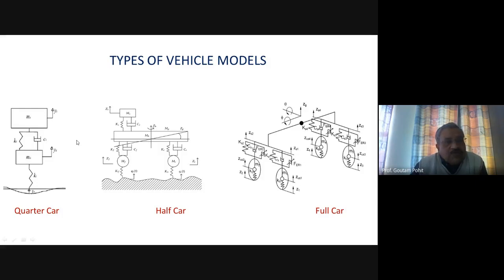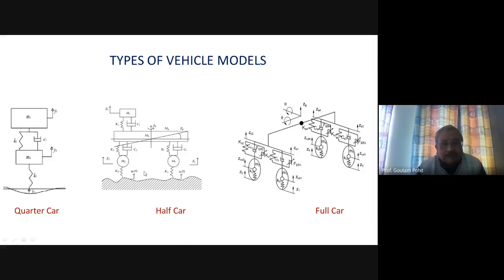Now, the advantage of the quarter car model is very simple. You can design any damper or anything, and you can very easily analyze it. The disadvantage is that it can analyze only the vertical direction. Though this is the most important direction from the point of view of the passenger, there are still some other movements. For example, if you compare this one and the half car model,